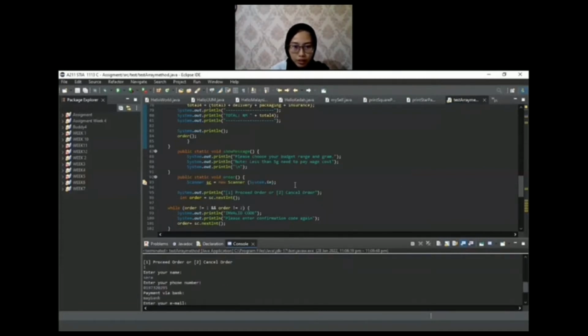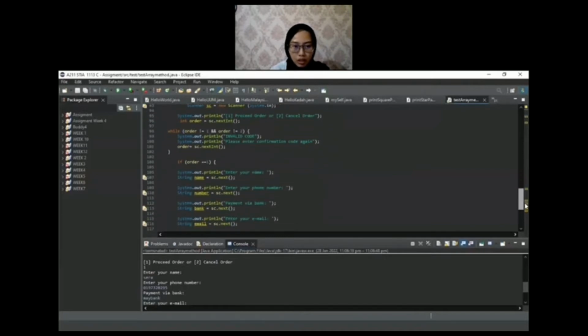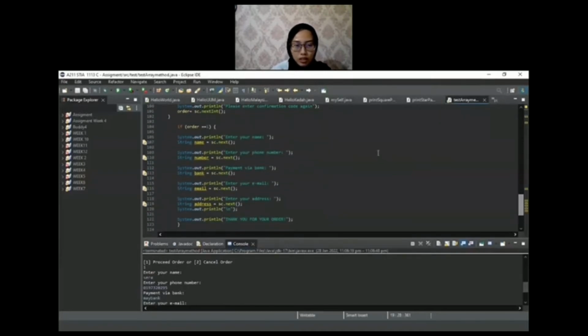And for the order method, they can choose number one if they want to proceed with the order, or number two if they want to cancel their order. If they choose number one, they can straightly fill in their own personal data like name, phone number, bank, email, address. After that, the system will come up with thank you for your order. For example, like this,